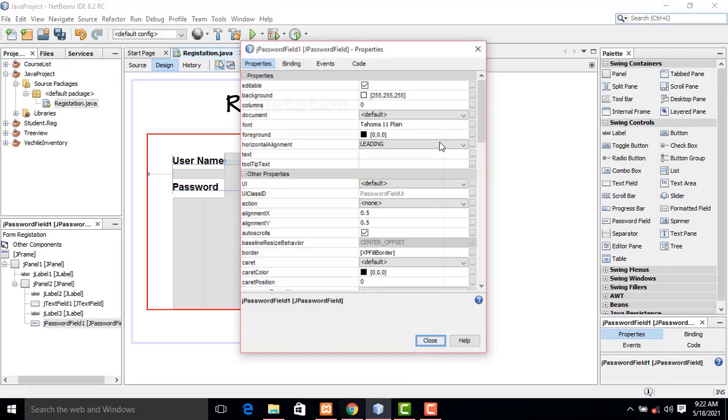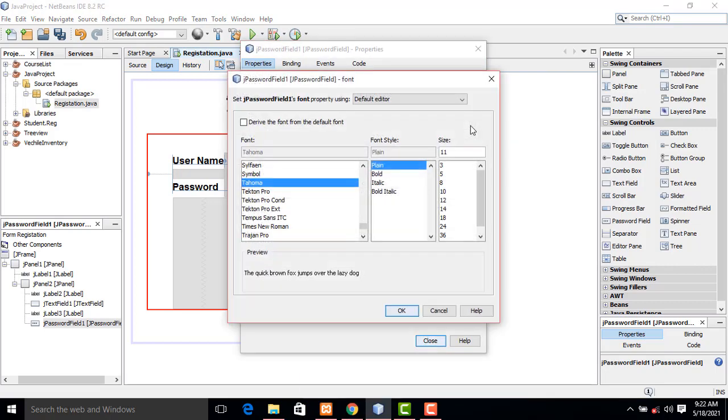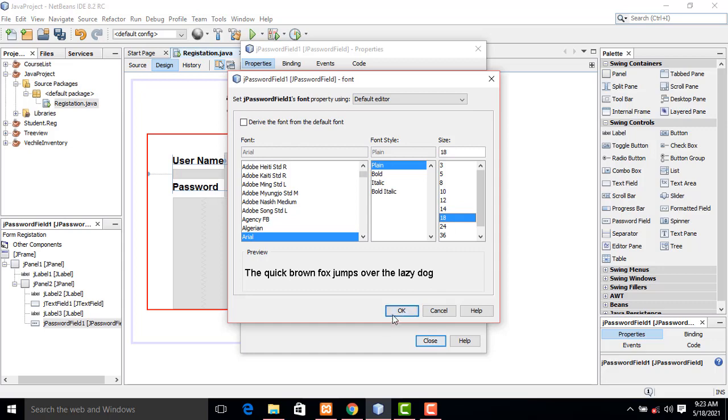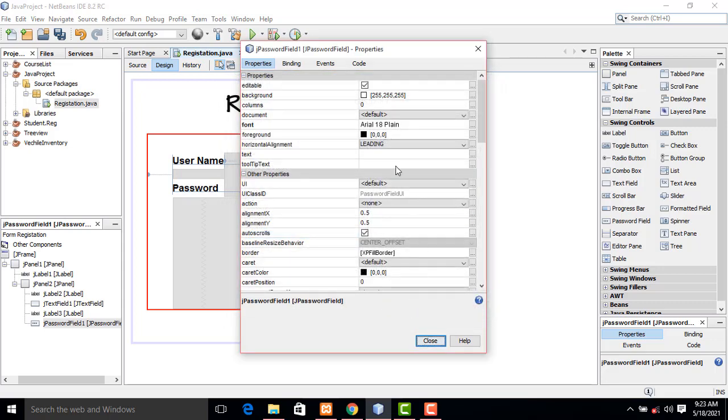Go to the property. What is the text font we have given? Arial. You have to pick the property Arial, and the font size we have to select as 18. That's it. After that, for any other modification, the border we have changed with the border property.